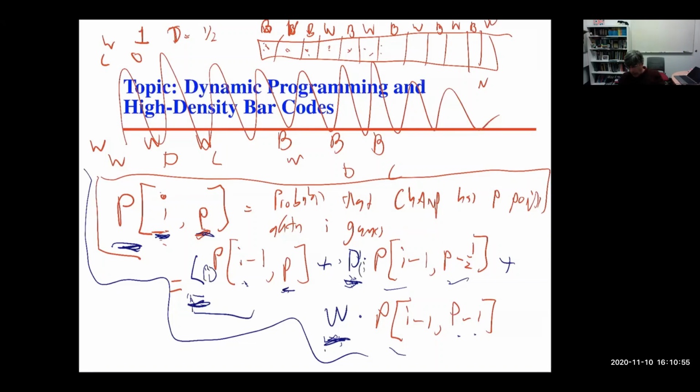D of I and W of I. What is the probability of winning, W of I? What is the probability of me losing on my ith term? If I is odd, let's think about it: 1, 3, 5. When it's an odd number, does everybody agree that it's black? So the probability of me losing on the ith term is going to be B of L